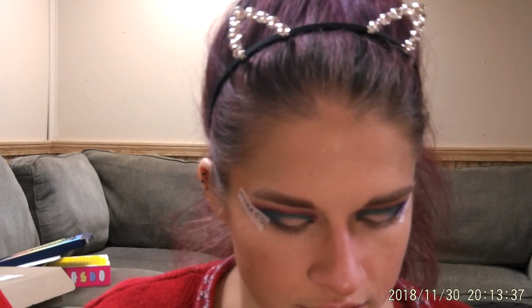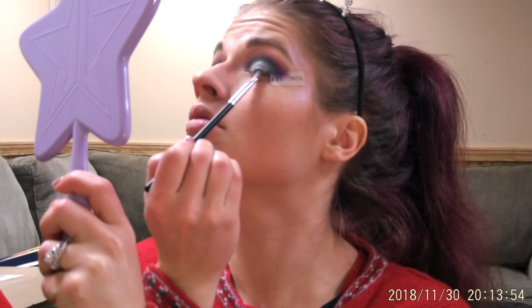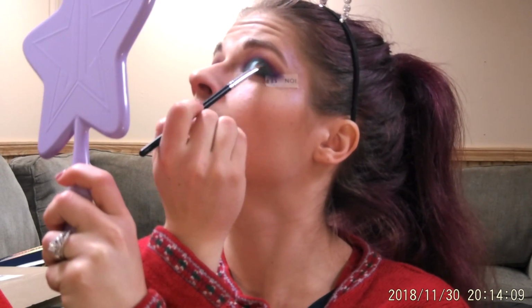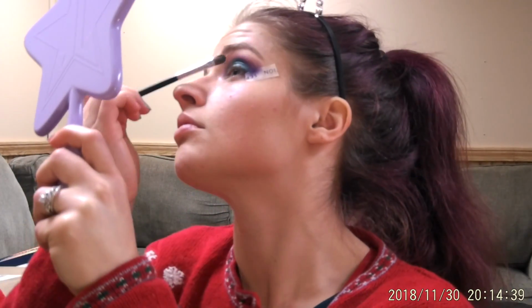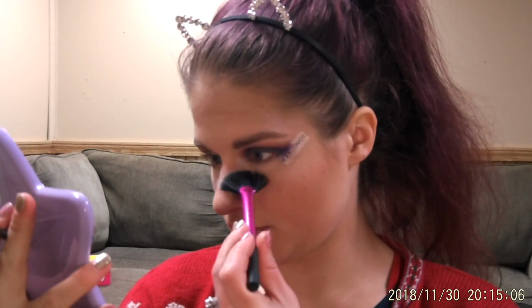Here's a close-up of that, how that looks. Still looking a little weird, of course, because we're nowhere near done. So I'm going to spray some MAC Fix Plus on my little packing brush here. Rub the excess off. Oh, I sprayed it all over my palette. Oh no. Now I'm going in with Probe all over the lid. Oh, she cute. But she got some fallout, so